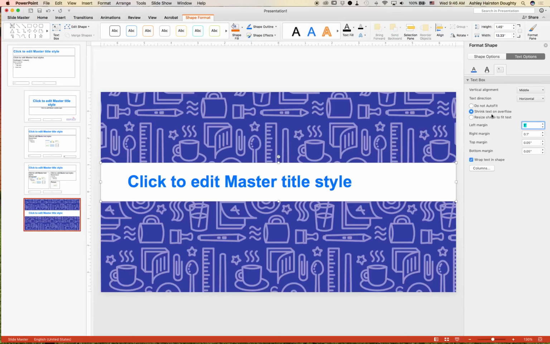One other thing that's kind of tricky is shrink text on overflow, resize shape to fit text. That can get kind of confusing, and honestly I kind of forget what each one means. Theoretically, when it says shrink text on overflow, that means when somebody types way more than the text box can hold, it'll automatically shrink the type, which is normally